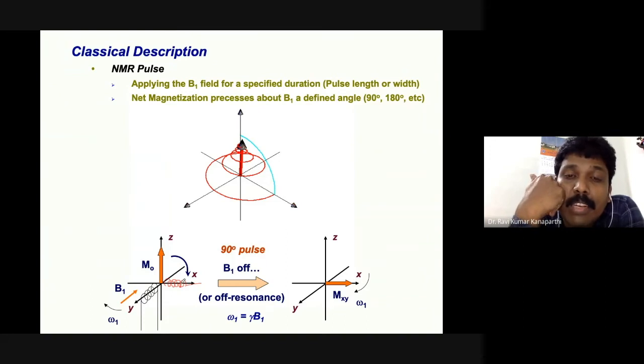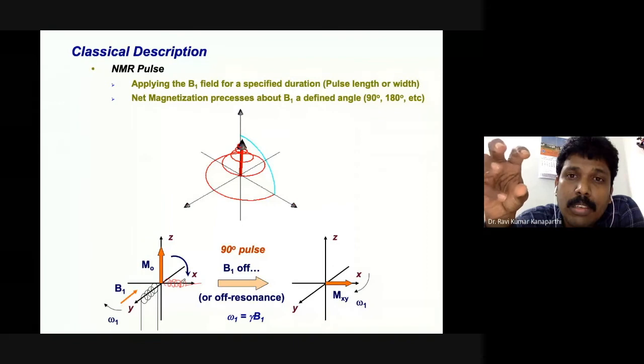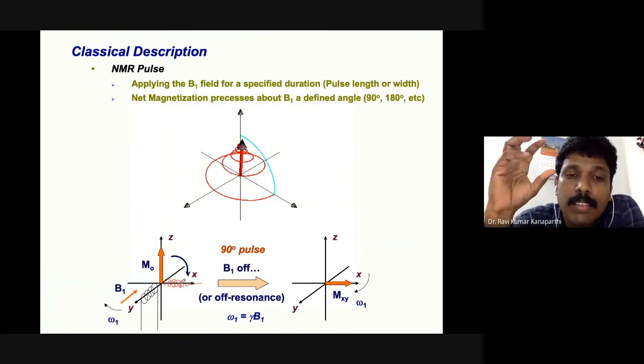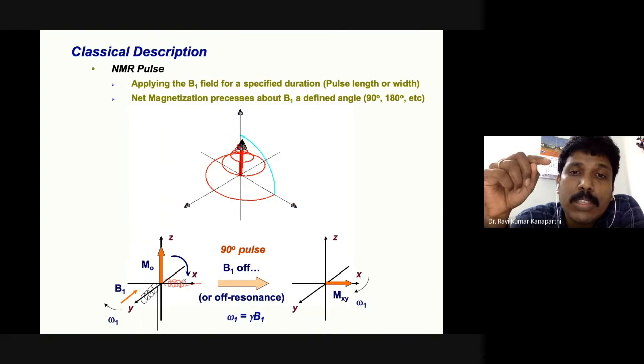The moment the B1 is stopped, we start to count what is happening to Z, what is happening to M0. M0 was previously under the influence of the radio frequency, but now it is no longer under the influence. It is on its own, trying to go back to the original position, right? It also means that it is moving. And moreover, it is a magnetic vector.